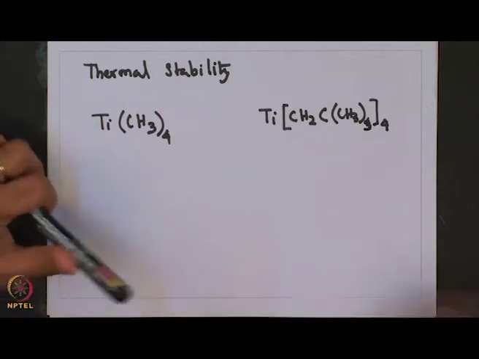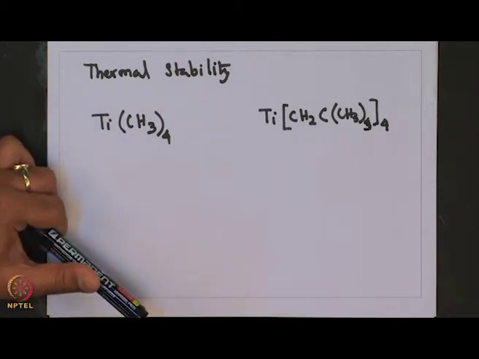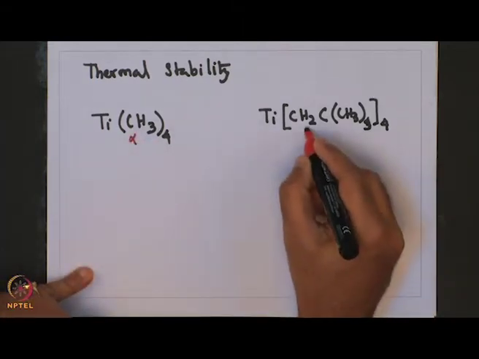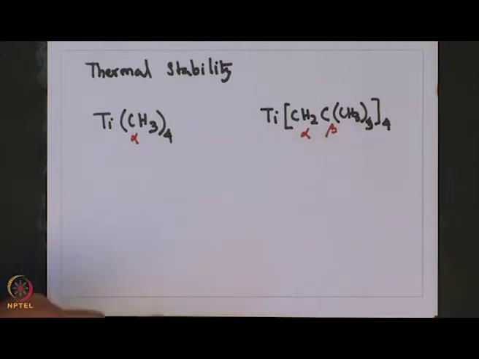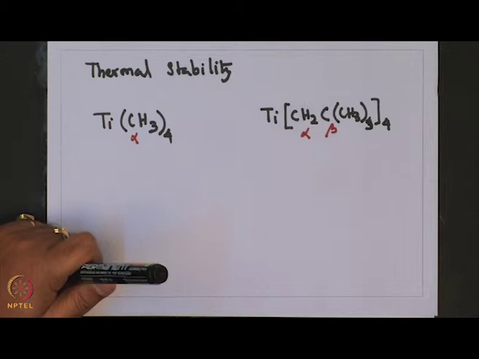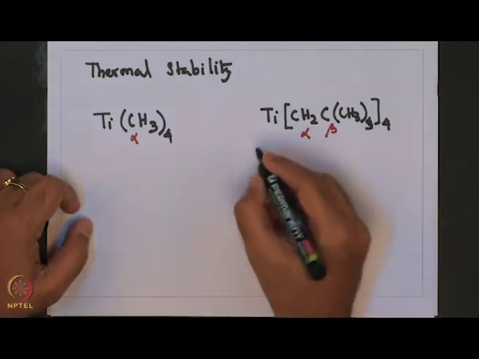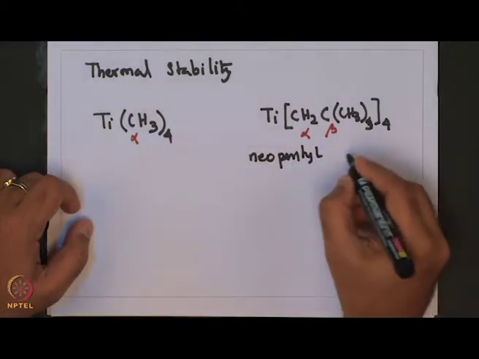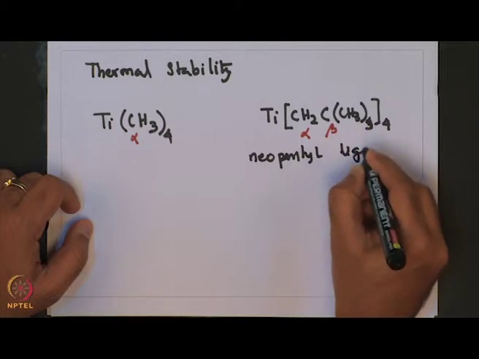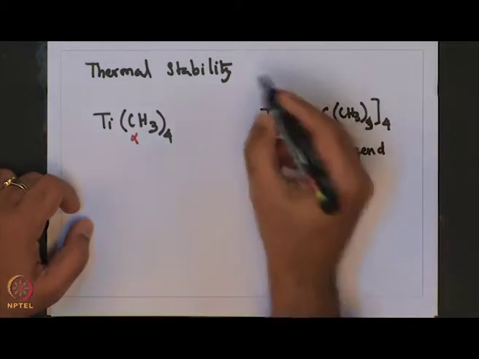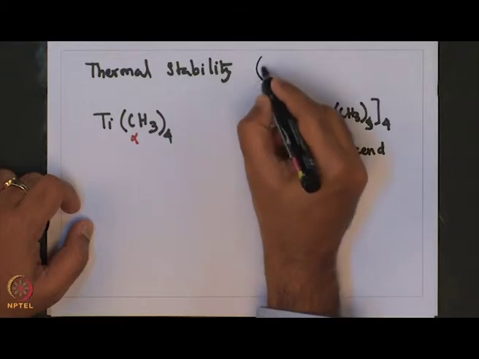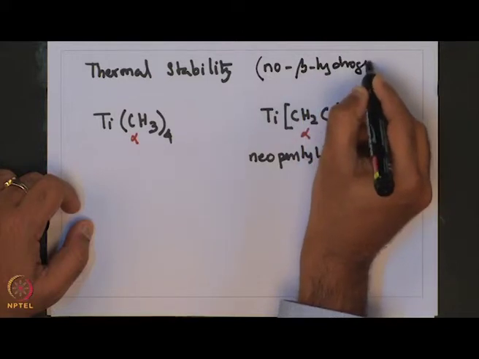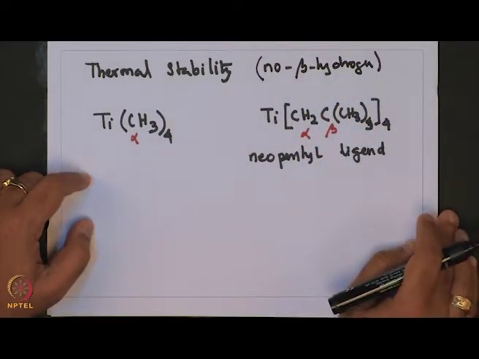Both of these do not have beta hydrogen. The methyl group only has alpha hydrogens, and the neopentyl group, at its beta carbon, does not have a beta hydrogen. As both of these ligands do not have beta hydrogen, one would think that they may be equally stable,